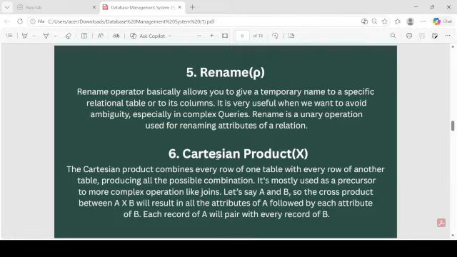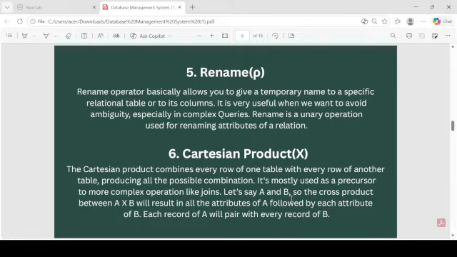The next one will be Cartesian product. The Cartesian product basically combines all the rows of one table with all the rows of another table. So the Cartesian product combines every row of one table with every row of another table, producing all the possible combinations. It's mostly used as a precursor to more complex operations like join.